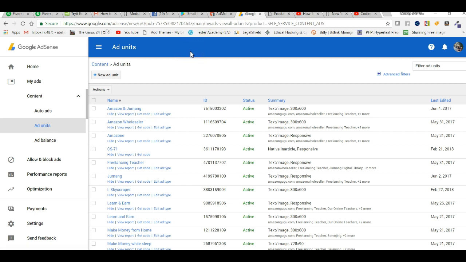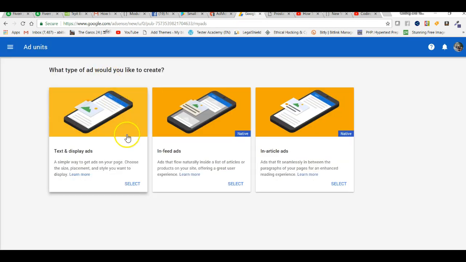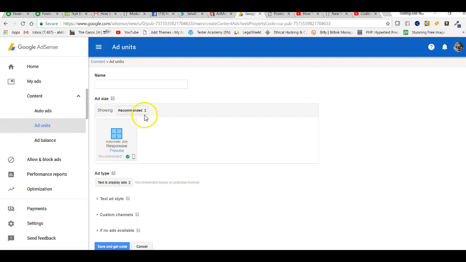Hello everyone. Today once again I'm going to show you how you can create your ad code in Google AdSense. Just go to ad units, then click on new ad unit. We are going to create an ad that is text and display ads. Okay, so click on select, and we are going to create different sizes of responsive